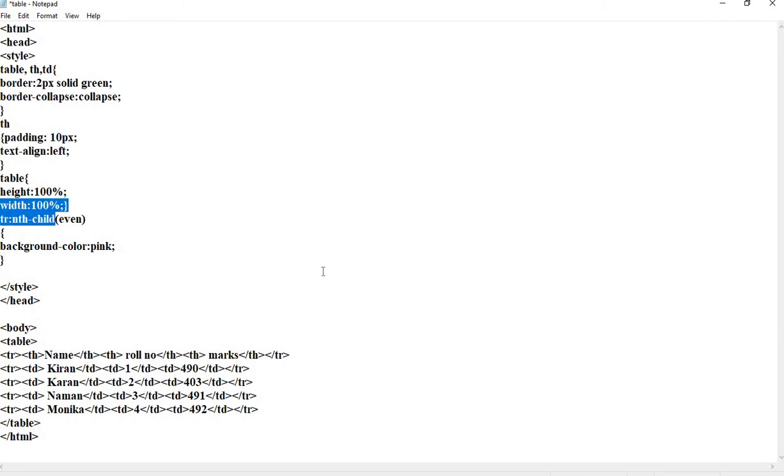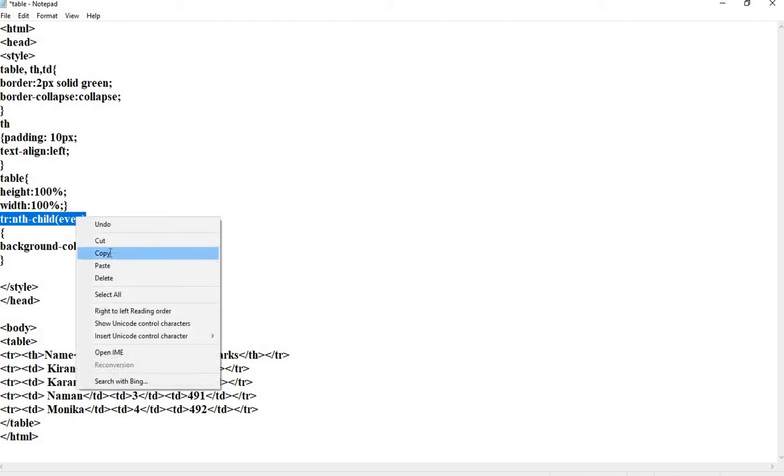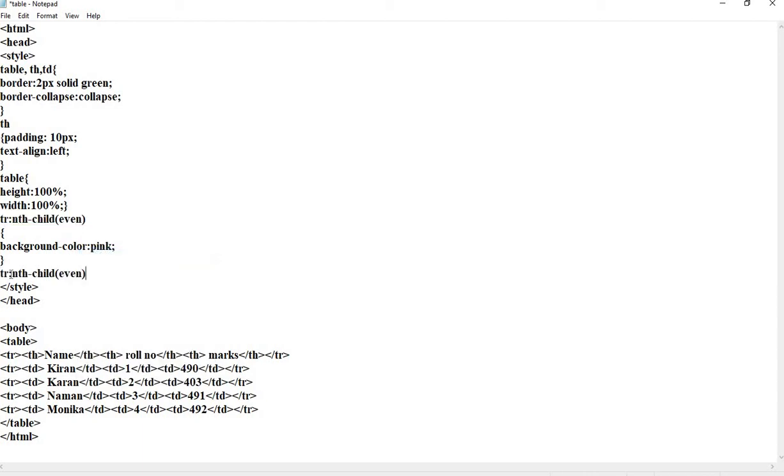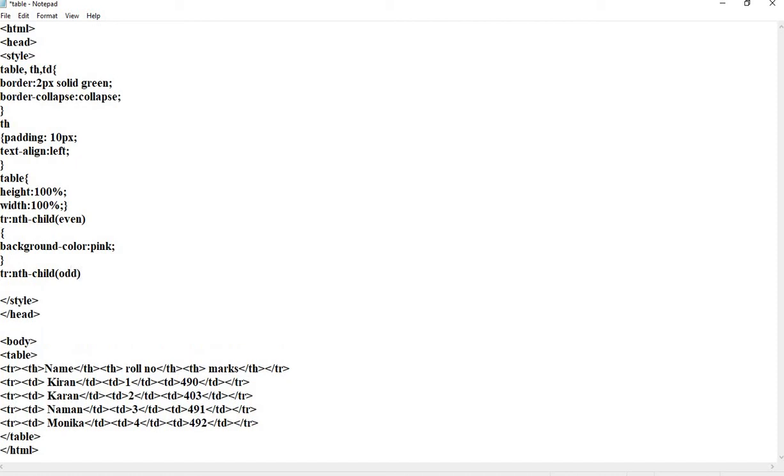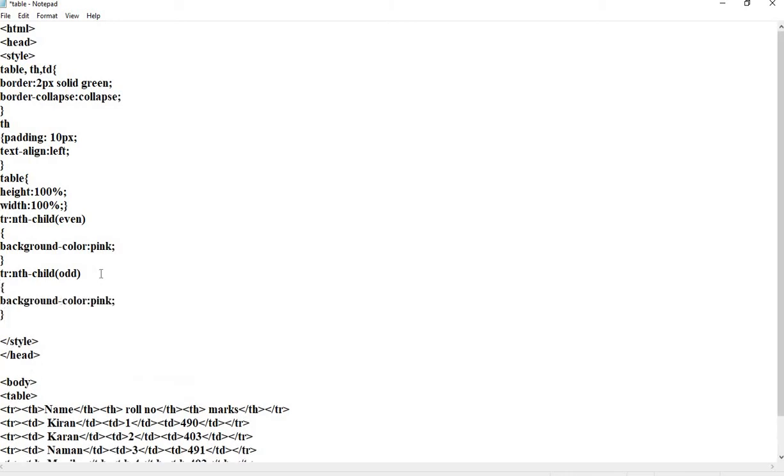Similar code for the odd child. The child must be odd here. The value that needs to be changed is to be specified. Suppose I am taking color aqua.